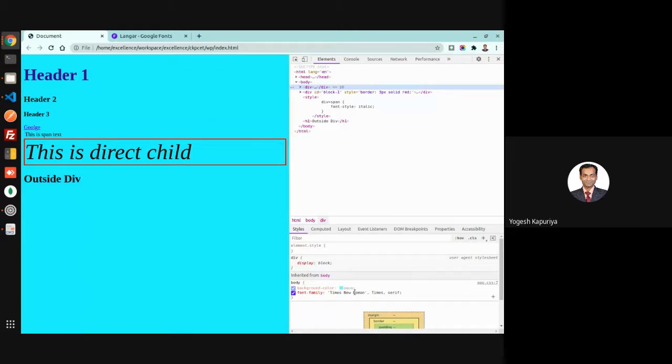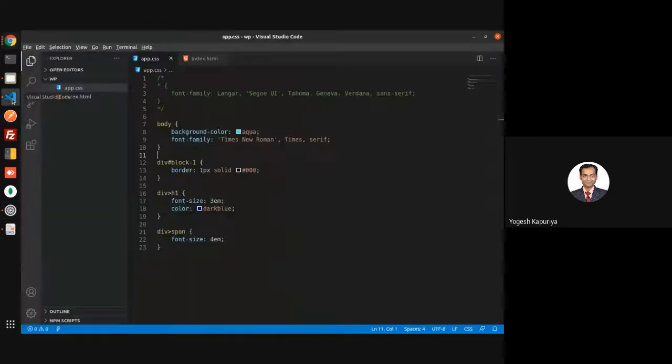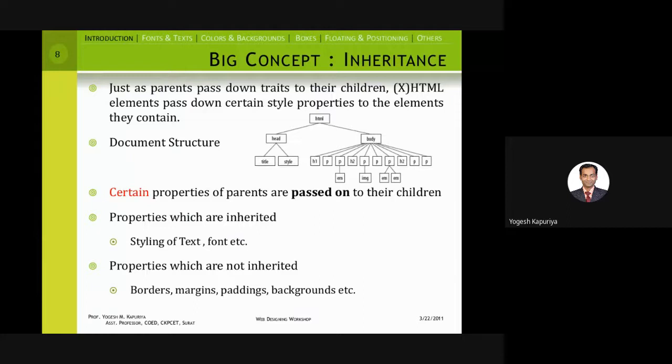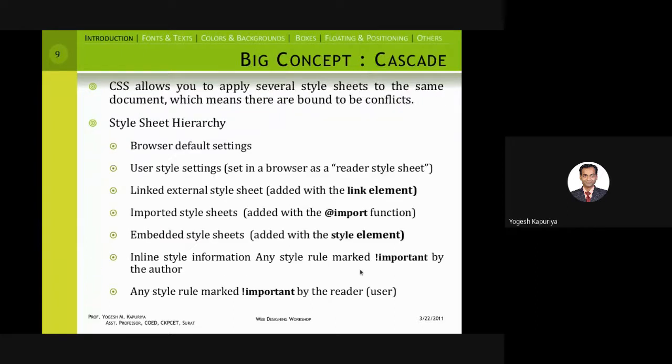I'm not saying all the properties are inherited, but there are some properties which are inherited from the parent. That is another thing you should understand and keep in mind while styling your document. Properties which are not inherited: borders, margins, paddings, backgrounds, etc. You can find out the others as well.